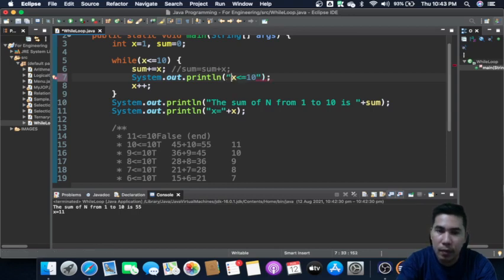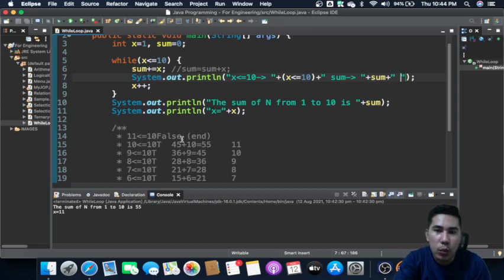Okay. Let's say plus x is less than or equal to 10. So basically, it will display this, and then display either true or false. And then you have here the sum. The answer for sum is, let's say, plus sum.